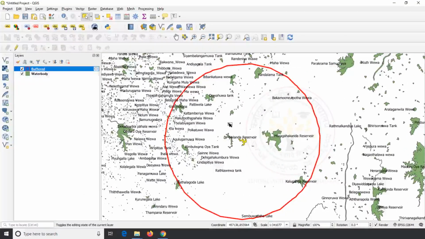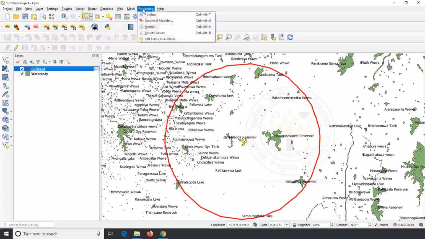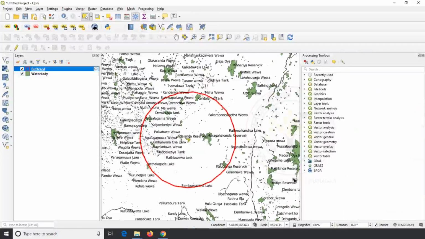If you want to extract water bodies within this buffer area, we can use Extract by Location or spatial query. I will perform a spatial query and we will see the results.